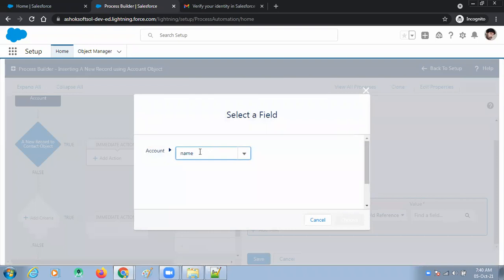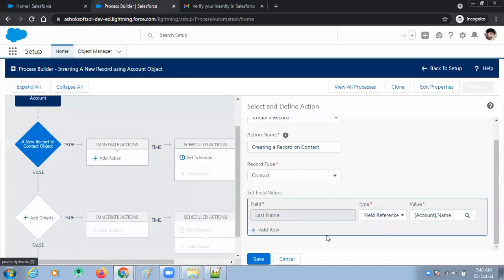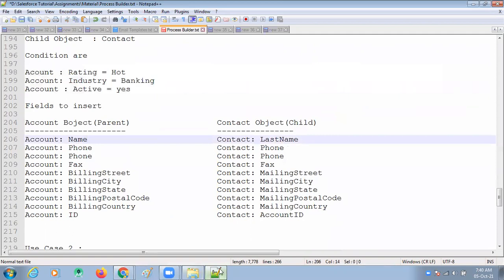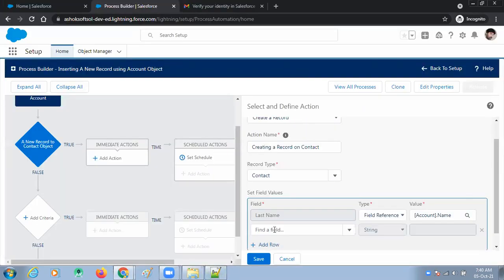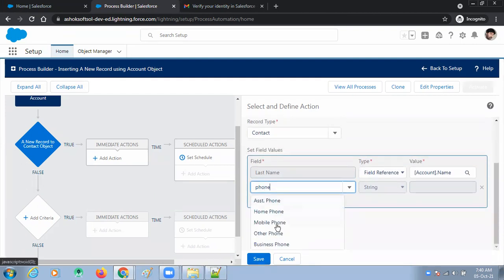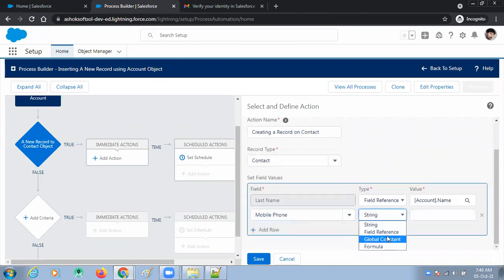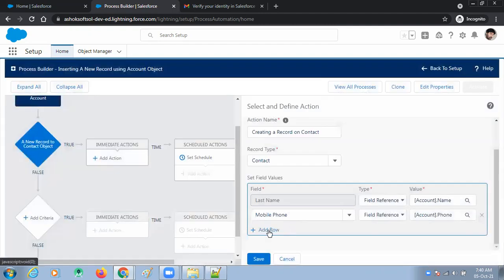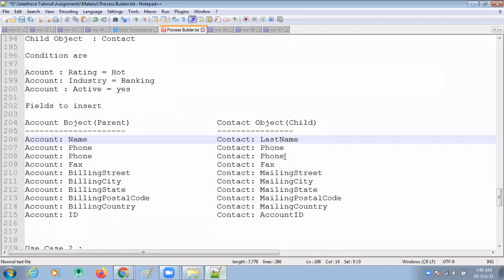Name, account name. What are the fields? Look here, name. Next, phone, account phone. Account phone is, look here, home phone and mobile phone. These two, mobile phone, field reference, phone, account phone, choose. And what is next one?